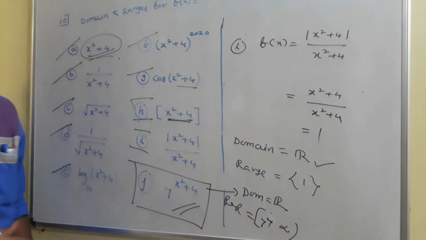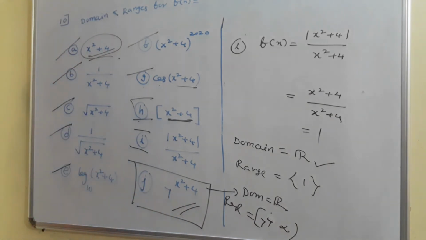Just have a look. This is something about the domain and ranges of the functions if x square plus 4 is involved. This discussion completely needs your knowledge. Some problems need your knowledge related to the cosine, and another problem needs your knowledge related to the step function. Some problems need your knowledge related to the logarithms and exponents and everything. So with your knowledge it is easy to find out the domain and range for the given functions. Once again, have a look.